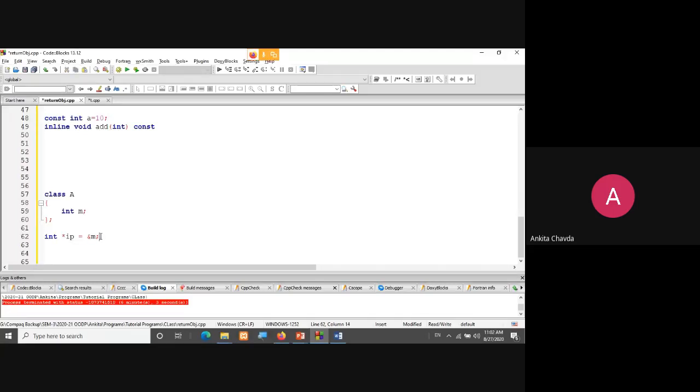This is valid. But this is not valid because integer m is now a data member of class A. So how can I write? Integer A scope resolution operator, that is in front of your pointer IP. And the same over here, A scope resolution operator and M. So now you can imagine this is very correct, what I have written, right?